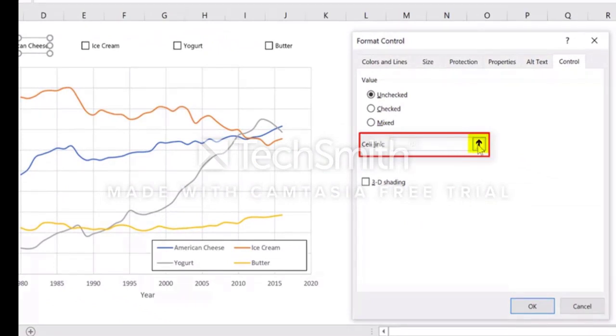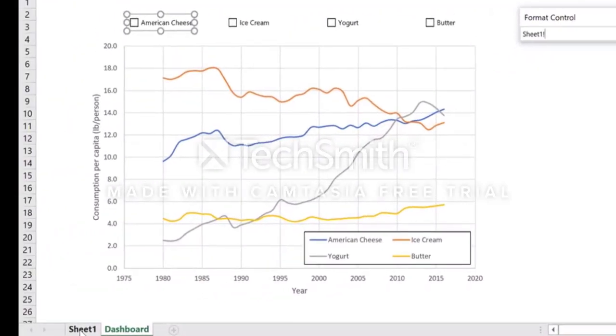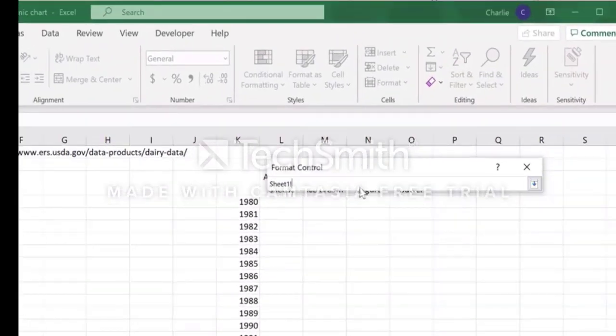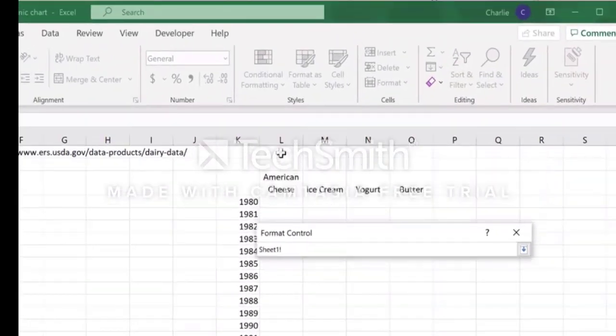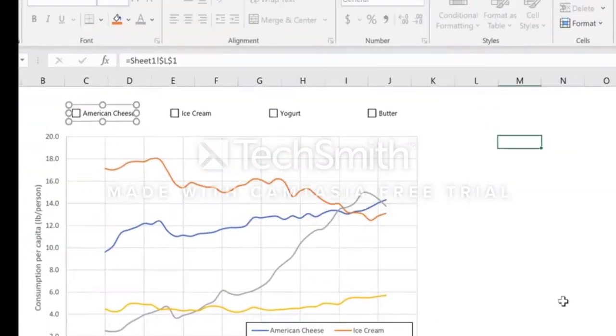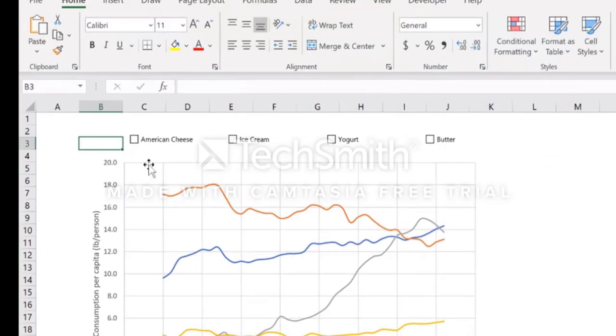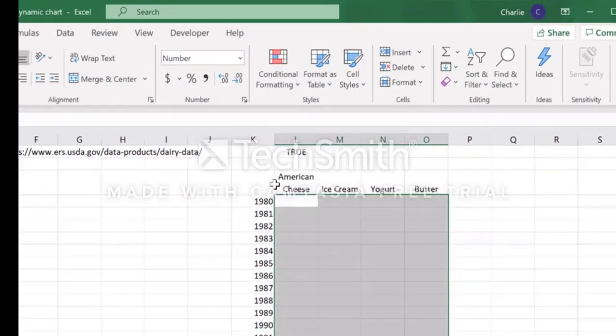Now I'm going to go here and click that arrow. I'm going to go back to sheet 1, and for American cheese I'm just going to use the first row. This is going to be L1. So let's click OK down here. When I do this, if you select the check and we go back to sheet 1, you know